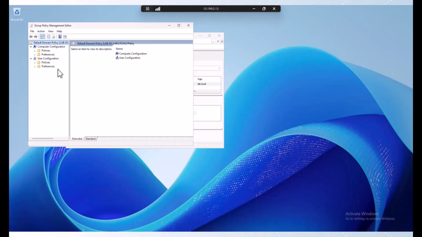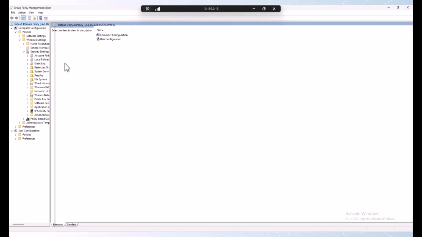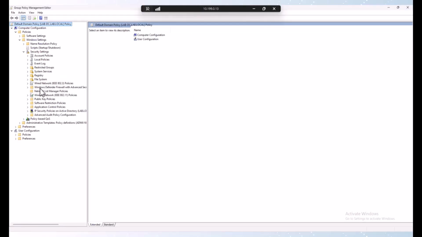We need to make sure that we are pushing our certificates for both the computer and the user to the machines and users as they get added to the domain and log into machines. So under our policies on the computer side, under Windows settings and security settings, let's make this a little bigger. We should see our